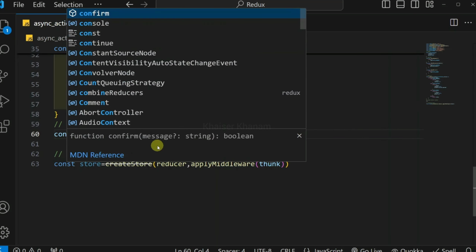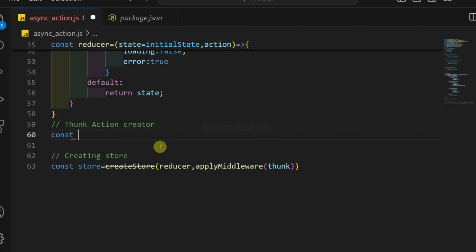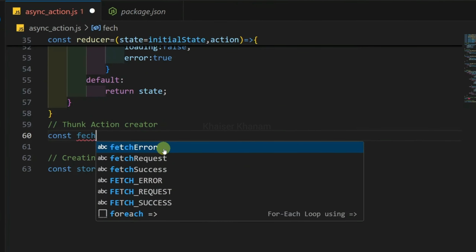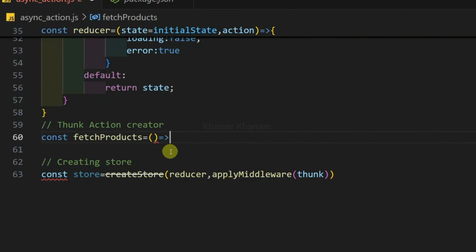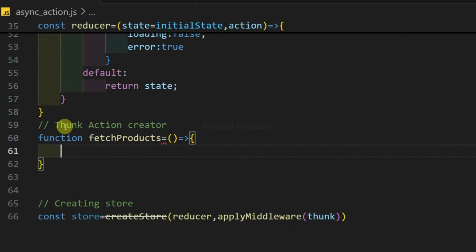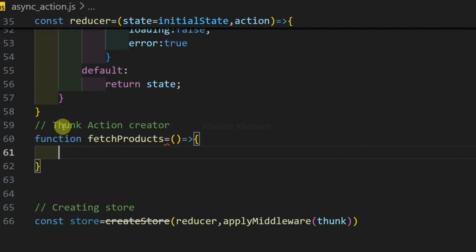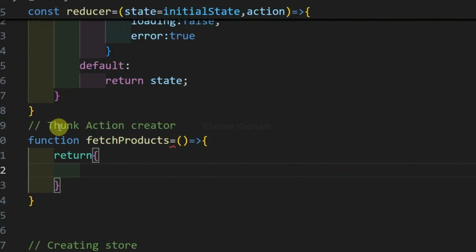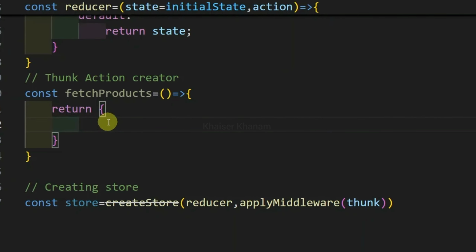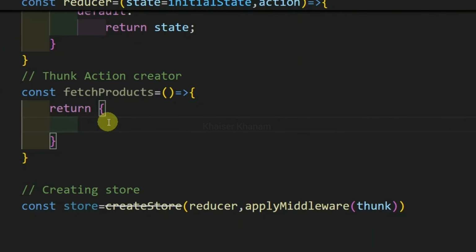Below this, I will be writing my action creator. Here I will write fetchProducts is equal to an arrow function. Okay, this is nothing but my action creator. Inside this, instead of returning an action object, where we pass the type property as well as the payload property,